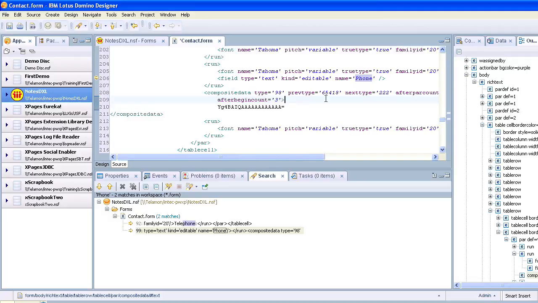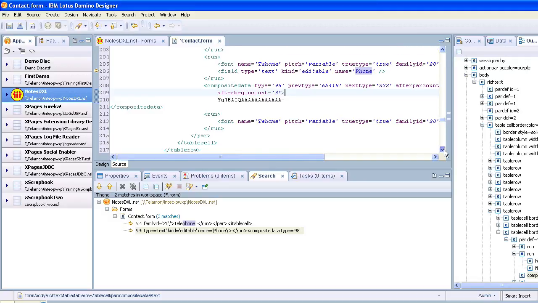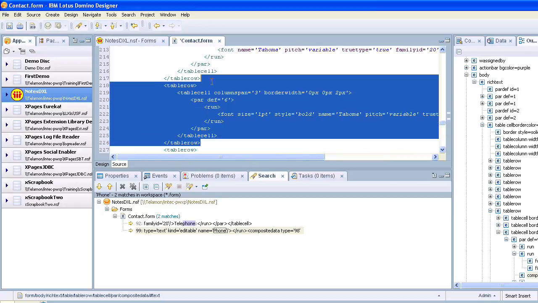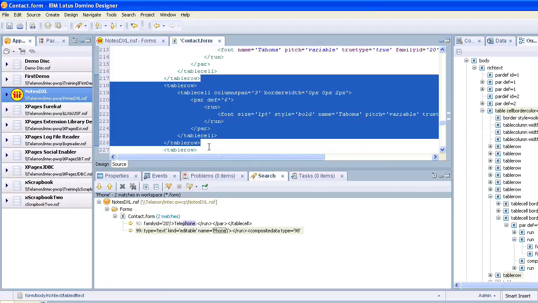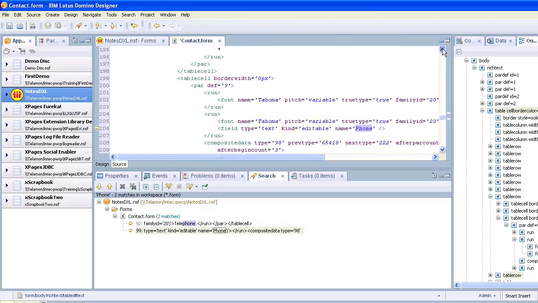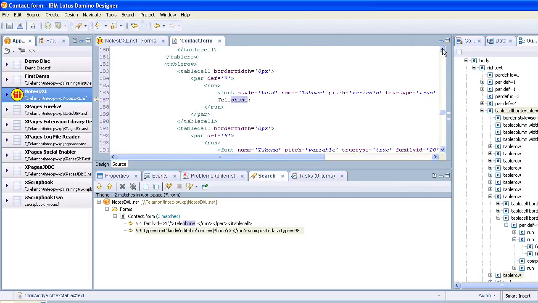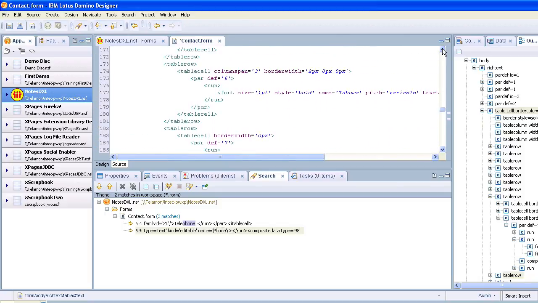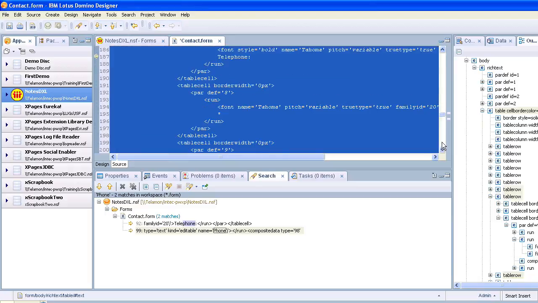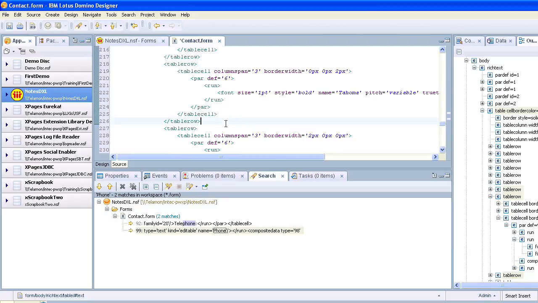Now one of the things I've come across is if I then copy and paste content. So if I copy and paste three table rows, so there's the second one and there's the third one, if I copy all of that and paste it,